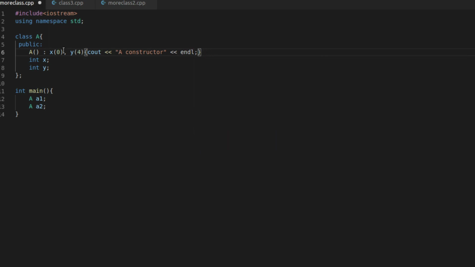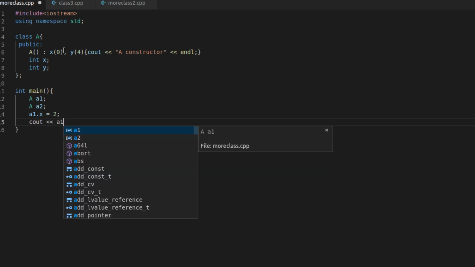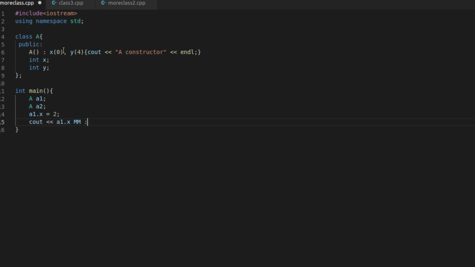Same with the destructor. We're given one by default. We're not going to add one in. We could, but we're not. So right now, if I say A1.X gets 2, and then I don't do anything to A2, and I go ahead and cout A1.X followed by A2.X,